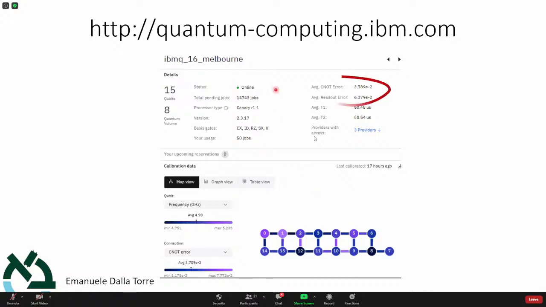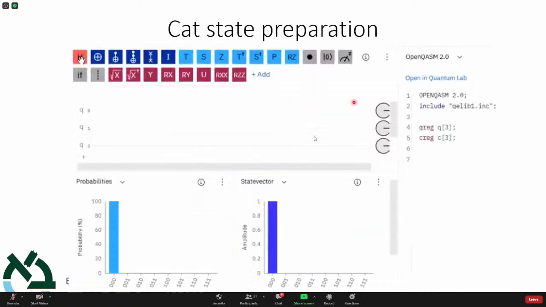Let's take an average. On average, you see there are these two parameters. One is called average CNOT error, which is the error of a 2-qubit gate, and you see it's about 4%. Another source of error is measurement error. If your qubit is in 0 or 1 and you try to measure it, sometimes you get the wrong answer. Here it's 6%. So this is not state of the art. I'll mention in a moment what the state of the art is, but this is an old quantum computer, with 4% on a 2-qubit gate and 6% on a measurement error.